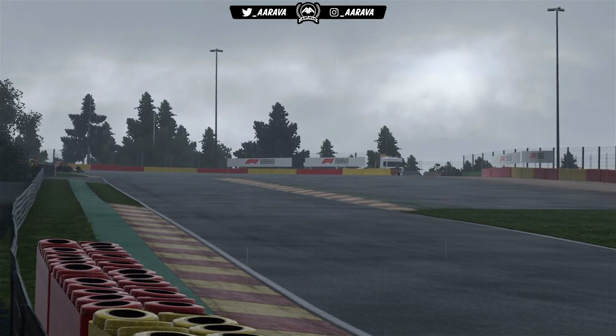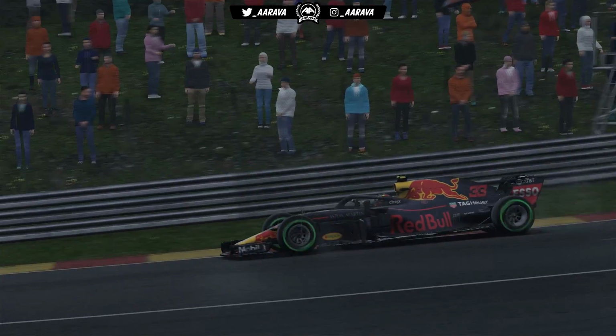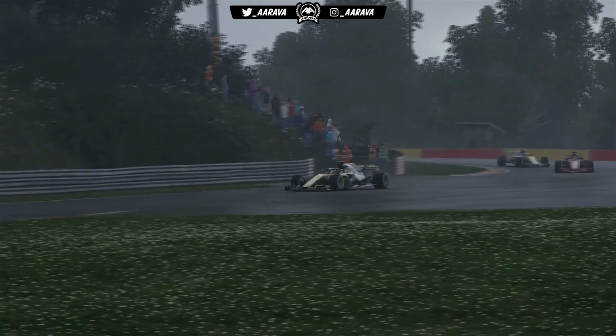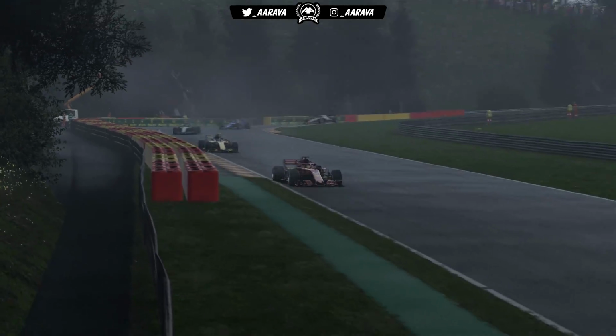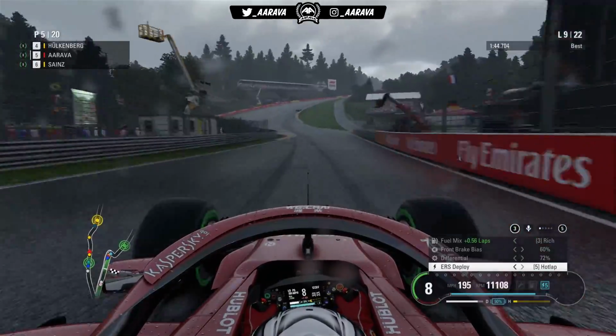So the pecking order then for the race at the moment will be still Raikkonen in a very commanding lead of the Grand Prix, ahead of Daniel Ricciardo in second, Max Verstappen in third. So my two championship rivals in the Red Bull cars still on for that double podium there. Then Hulkenberg obviously in P4, myself P5 chasing after him, but equally chasing after me is Carlos Sainz. And to be fair, I think Sainz is closing on me faster than I'm closing up on Hulkenberg